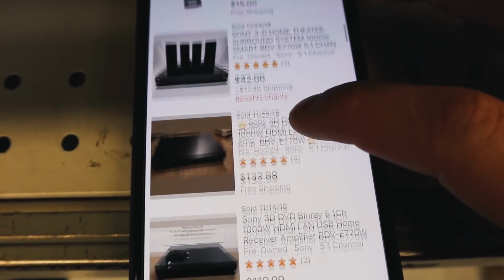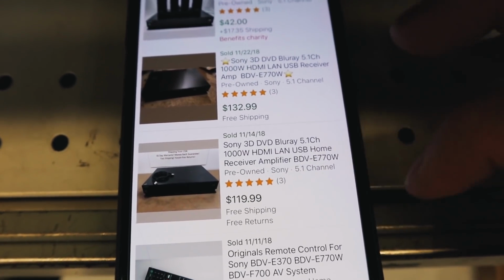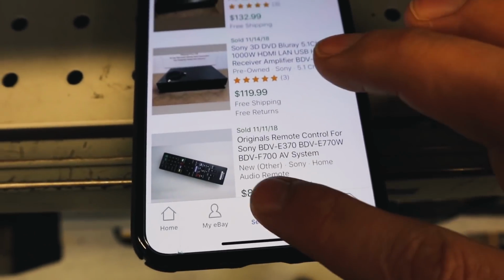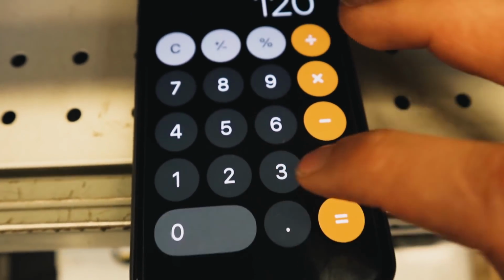This one was definitely on the lower end, but I'm looking at these two comps right here. So I would probably price about $120. So let's just run the numbers real quick. If we sell this at $120